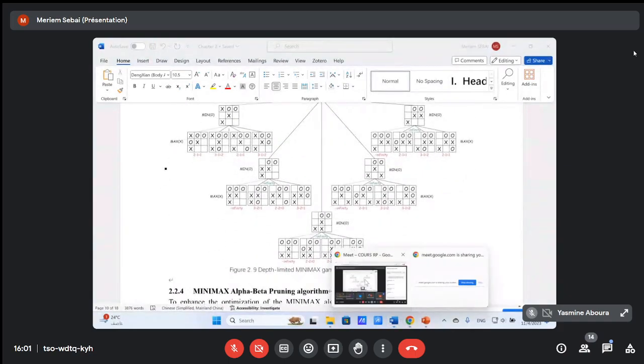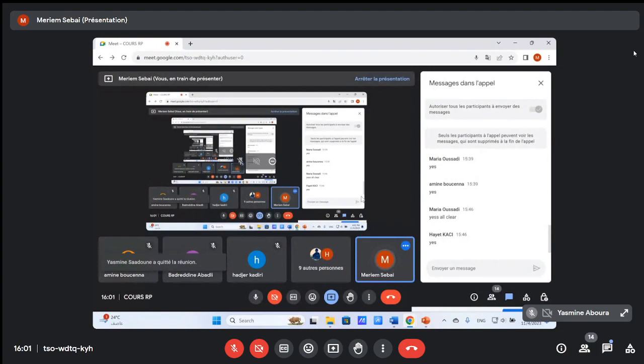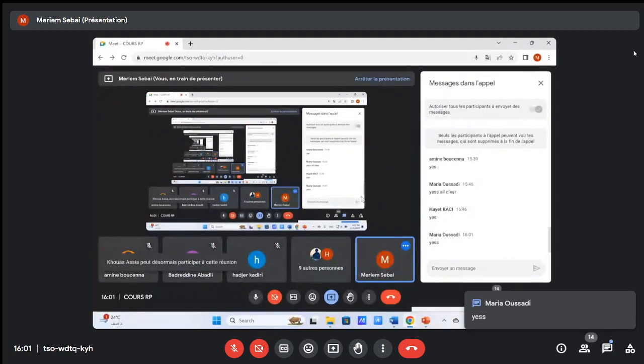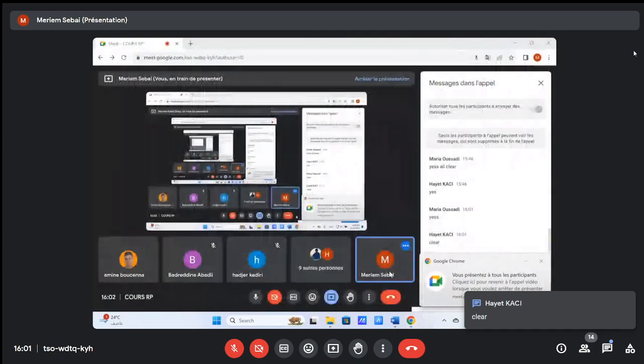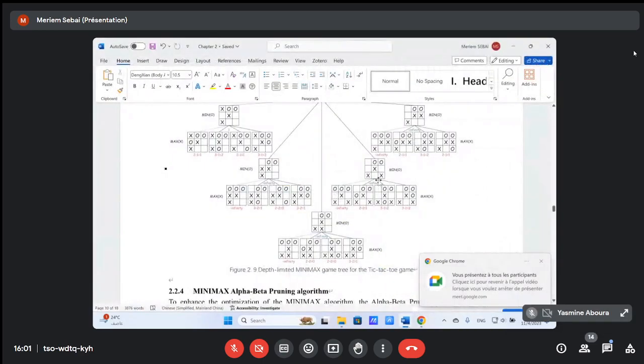So is it clear for the depth limited minimax algorithm? Okay. So next,